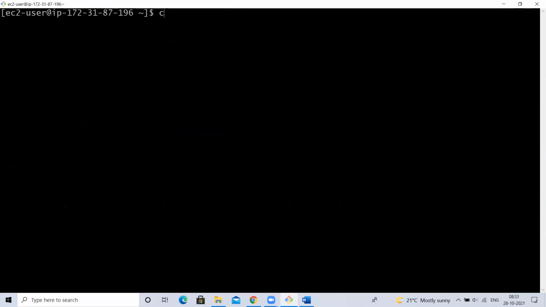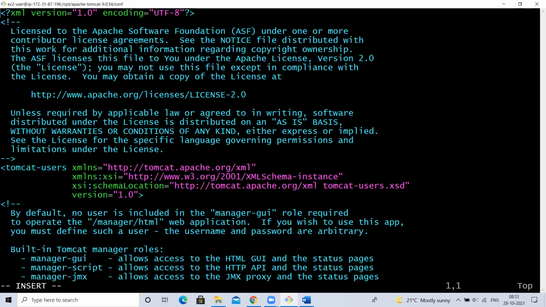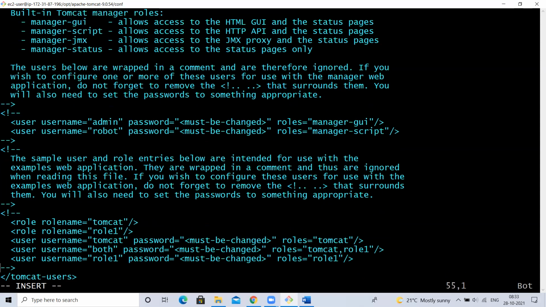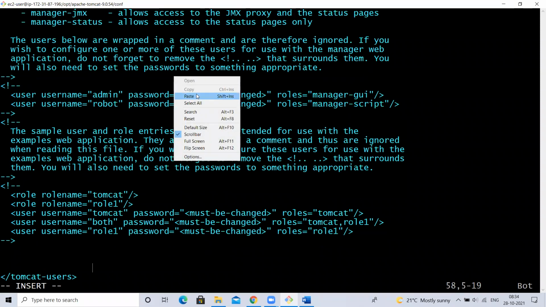Okay. cd /opt/apache/conf directory. Here we have a file called tomcat-users.xml. vi tomcat-users.xml. I'm opening this file. I'll go to the bottom of the file. Here I'll create a role like this.